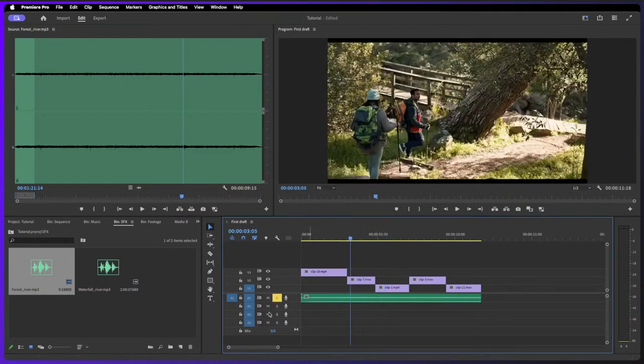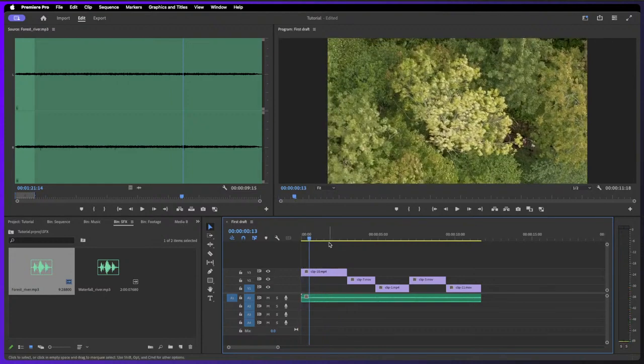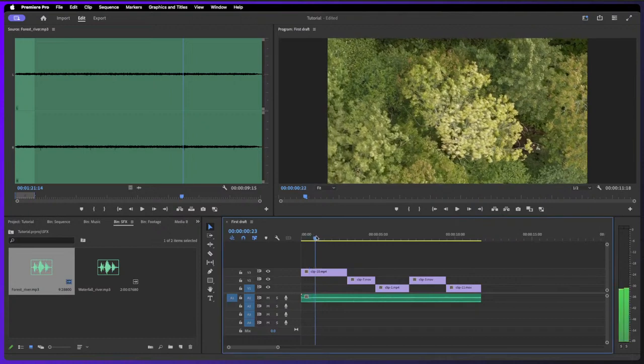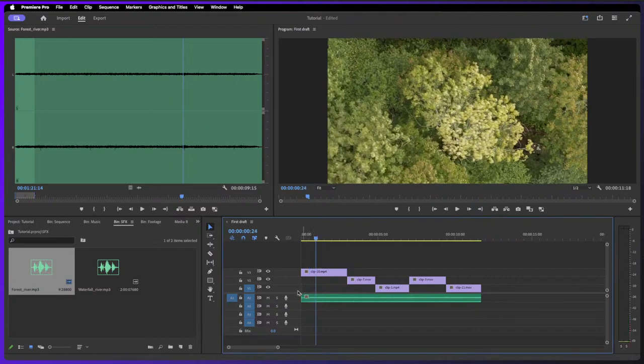Another thing we have here is the ability to record our own voice on this track. It's a bit more of an advanced feature, so I'm going to skip it today. But if you want to record your voice directly into Premiere Pro itself, then this is a way you can actually do that. That's another great thing that you might want to use if you're doing something like live streams or podcasting, or you want to simply record a quick voiceover for your video. Then you can record a voice directly in Premiere Pro,